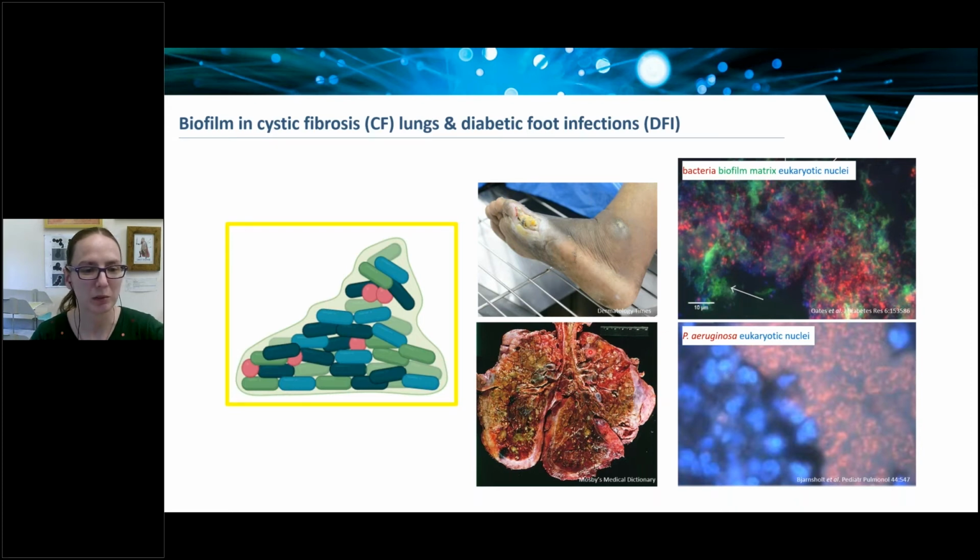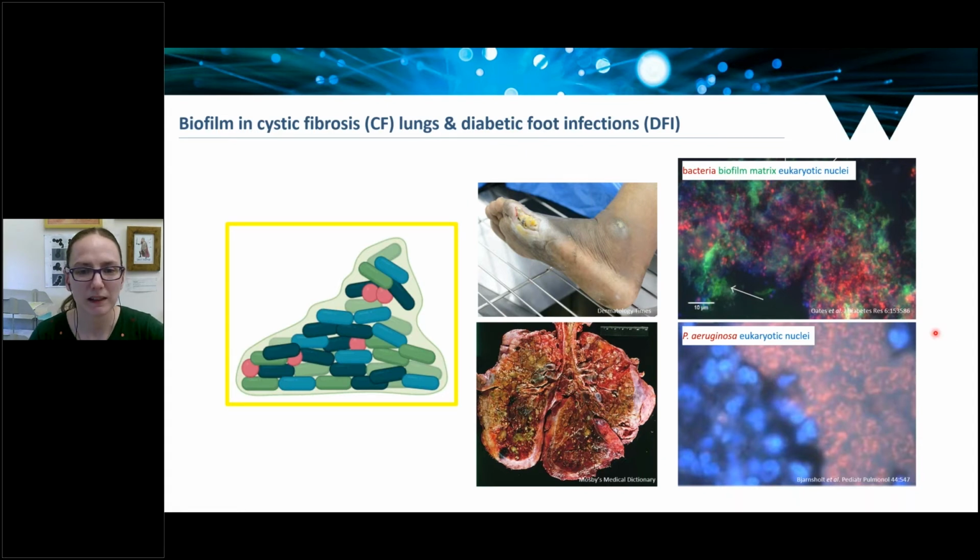And within the cystic fibrosis lung, the small airways, the bronchioles, become plugged with this greenish mass of biofilm and mucus. If we have a look at the bottom right panel, this really shows the protective nature of biofilms for bacteria. This image shows a section of explanted CF lung, and you can see Pseudomonas aeruginosa bacteria in red in this big blob of biofilm, which is completely excluding the host immune cells labelled in blue, so the host immune cells can't remove that biofilm.